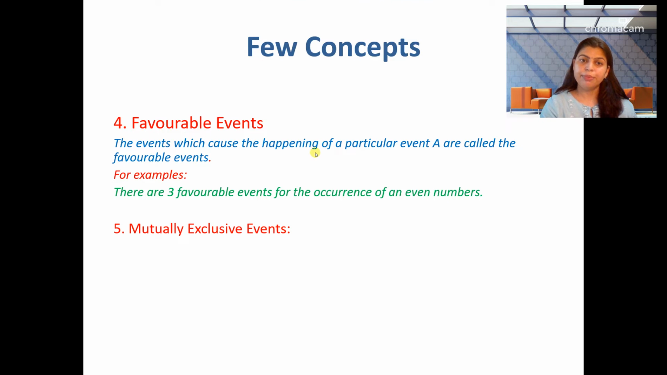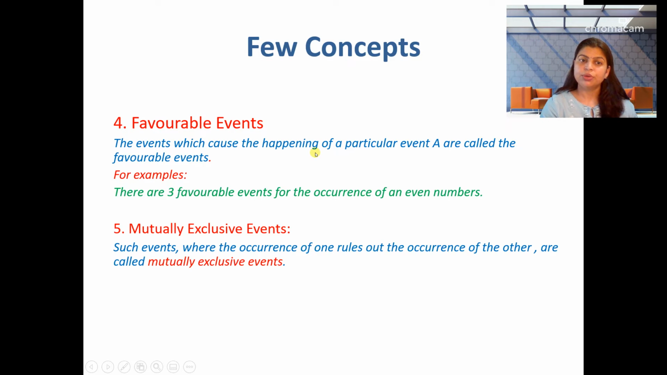So, mutually exclusive events. The definition says such events where the occurrence of one rules out the occurrence of others are called mutually exclusive events. That means if one happens, the other will not happen. If we see this type of events in an experiment, those events are called mutually exclusive events. For example,